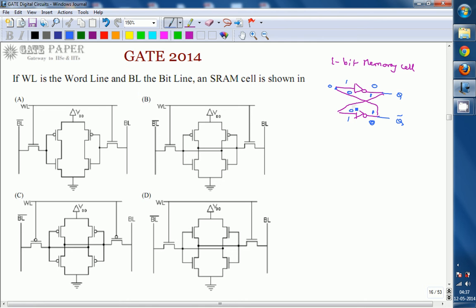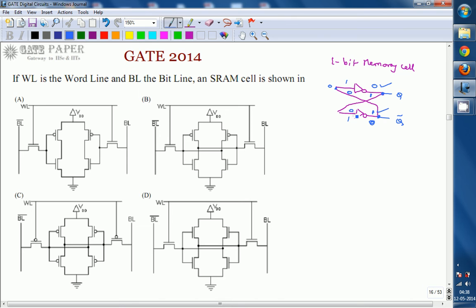Once the input for the inverter is constant, the output is also constant. However long you wait, the values will stay the same. So a 0 is preserved at this node, and a 1 is preserved at the other node. Both are complements of each other, so at any point of time the values are fixed, and there is no change in values. That means the nodes have memorized those values, and this circuit is acting as a memory.